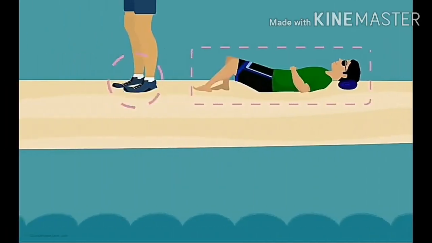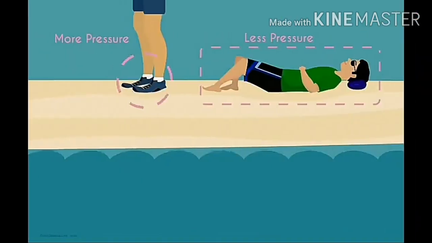Now let me ask you another question. In which of the two cases the effect of force, that is pressure, will be more? Can you guess, children? Yes, the body which is in standing position will produce more pressure. Why? Area of contact is less. And another reason is the whole weight, that is the thrust, acts on that small area. Hence, pressure will be more. Whereas, if the body is in lying position, then we all know that the area of contact is larger and hence pressure will be less.